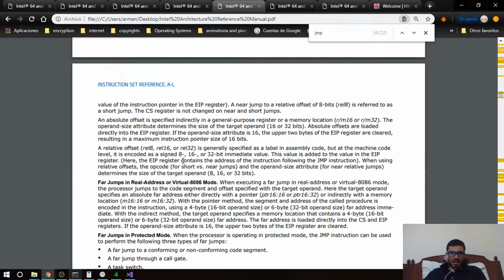So it can be 8, 16, or 32-bit immediate value. This value is added to the value in the EIP register. Here, the EIP register contains the address of the instruction following the jump instruction. When using relative offset, the opcode for short versus near jumps and the operand size attribute for near relative jumps determines